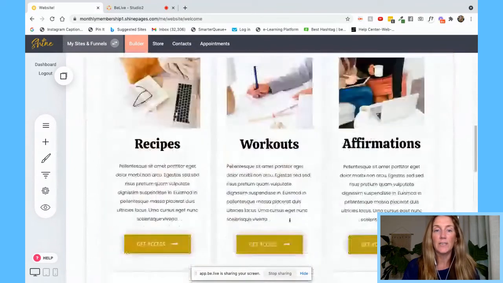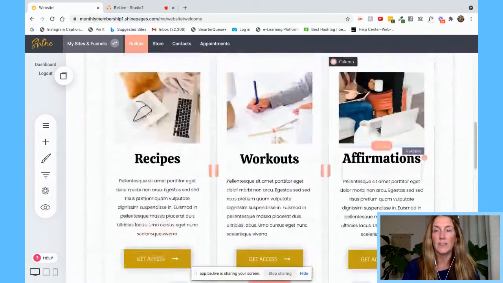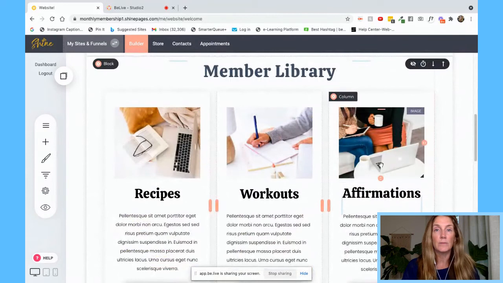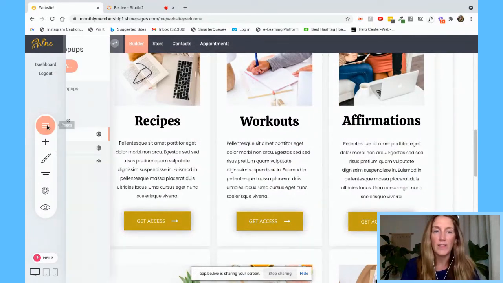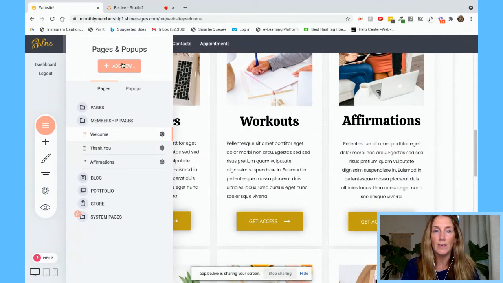And then for an example, if you are doing this and then we decide, okay, under affirmations, where do they go when they choose to get the member library resources of affirmations? What you will be doing then is creating a new page. So add a new page. And there are lots of